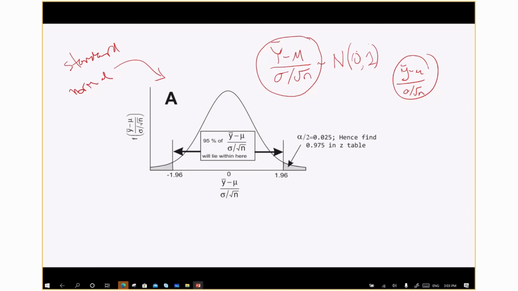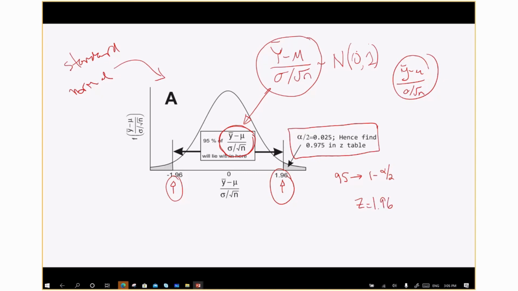So what we can say is, we just showed that if we had a Z value of 1.96 and another Z value of minus 1.96, if we considered all possible values, we did the experiment an infinite number of times, and each time we calculate a different value of lowercase y bar, 95% of this, and again, this would correspond to the random variable, capital Y bar, 95% of those values are going to lie within minus 1.96 and plus 1.96. And so just as a reminder, this is what we did on our Z table. We were interested in a 95% confidence interval, so we calculated 1 minus alpha over 2, and that enabled us to get that Z value of